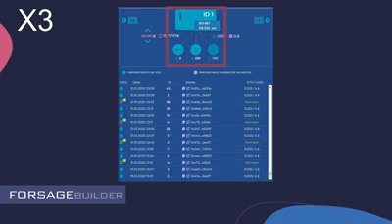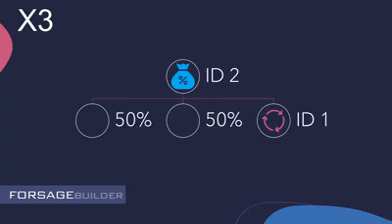Let's look at the structure again, but this time from a different perspective. Imagine you are ID number 2 and launched a campaign on Forsage. Awesome, you just received your first contribution. That Ethereum payment will equate to 50% of unlocking your next level slot. The next contribution your campaign received will equate to the other 50%. You now have 100% of the Ethereum needed to unlock your next slot, where the smart contract will automatically do